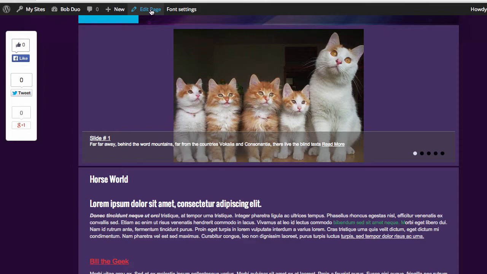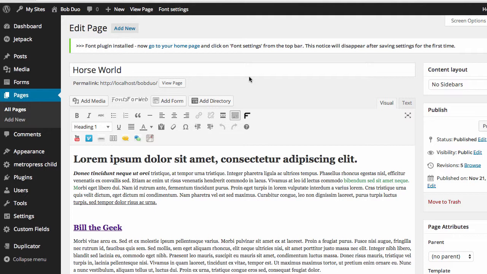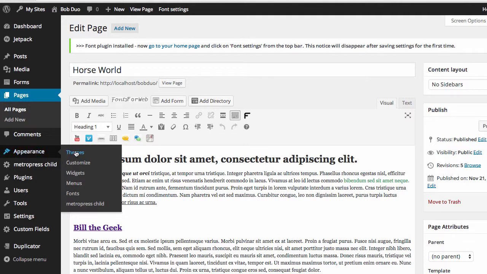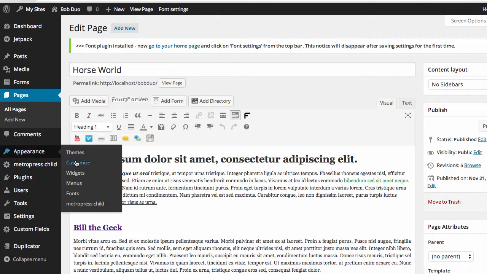First I'm going to take a peek at Google Easy Fonts. What you do is go into Appearance and go to Customize. Depending upon your theme, this might throw you off a little bit, because for this particular plugin, Customize may show up down here under Settings or something. But if I go to Customize,